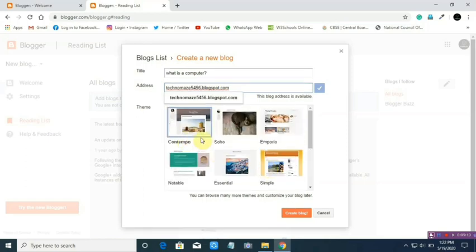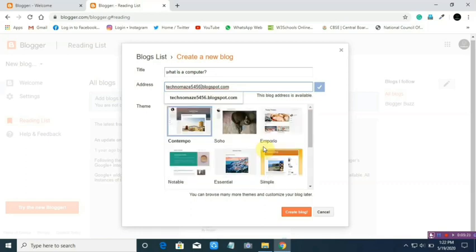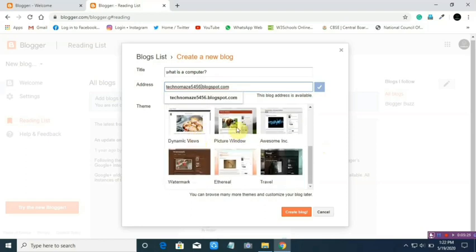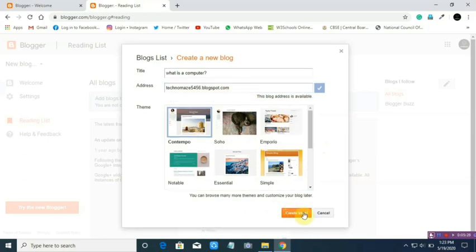And here it is asking for selecting the theme. That means you can select any theme which you find easy. So I'm using this one, the basic one. Create a blog. Now it is creating our blog.